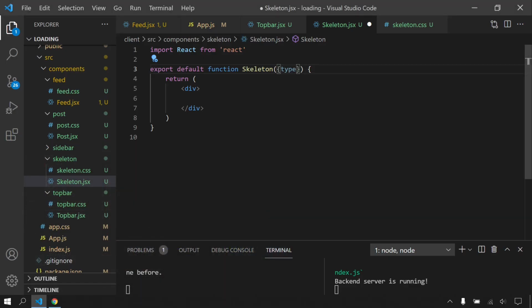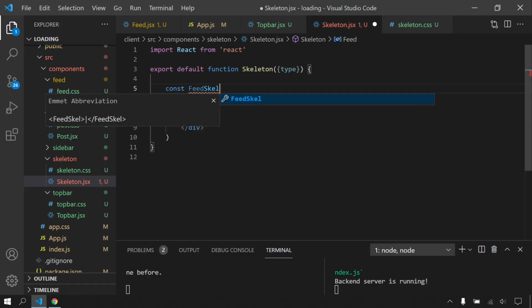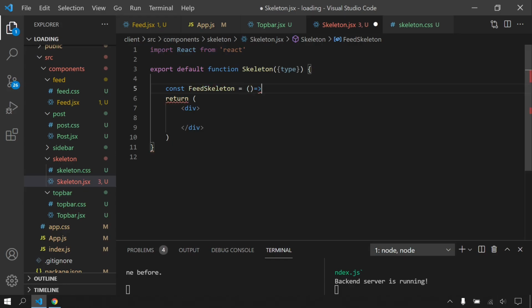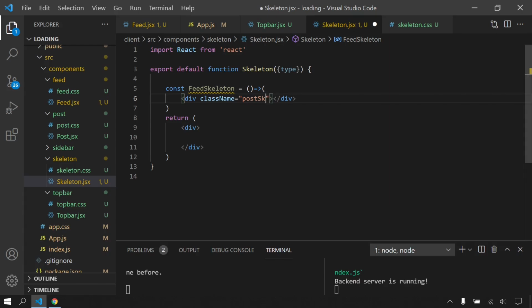So what I will do is creating here different types of components. First one will be const FeedSkeleton, and it's gonna return some HTML elements. It's gonna be, let's say, post as key. So it stands for skeleton.